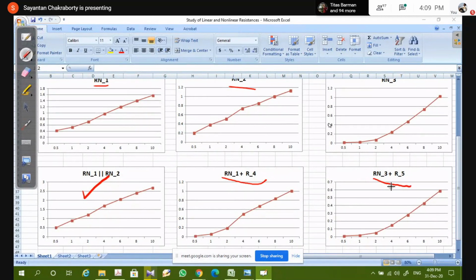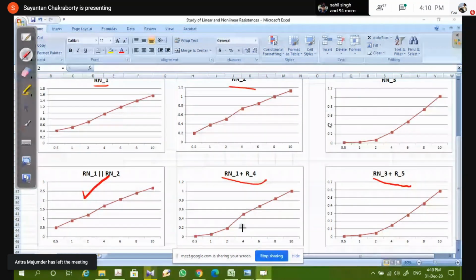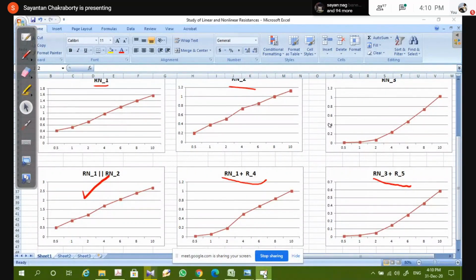Now, at this point, I think some of you have a basic idea about obtaining this combination of RN1, RN2 in series and parallel via the graphical method. Do you have any idea? At least, I think B section people may have an idea because they have taken a class. Has it been taught in the class? Anyone from B section? Okay, since there is no reply, I'll just briefly explain one thing.